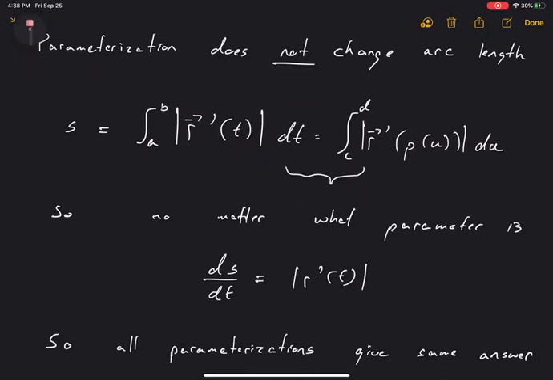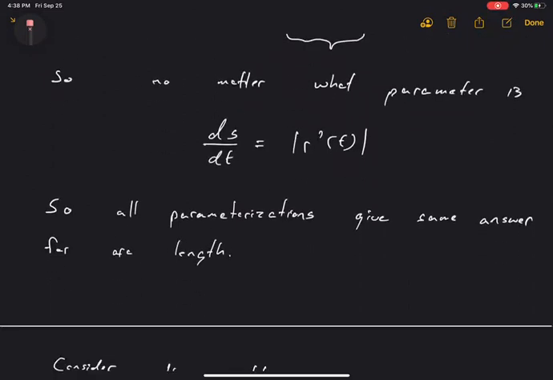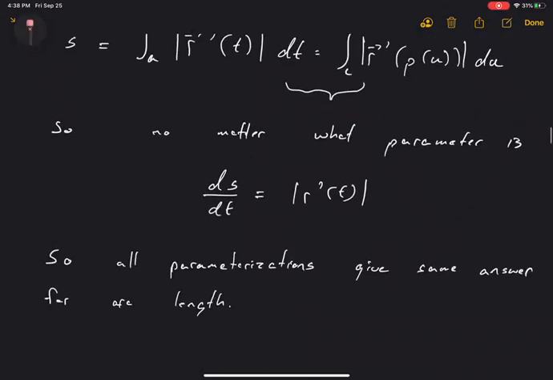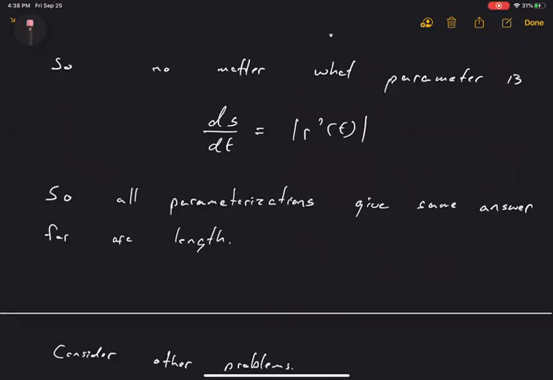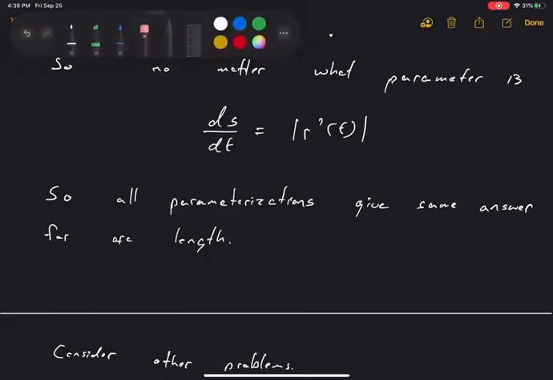So no matter what parameterization, or excuse me, no matter what parameter we're using, whether it's t, u, etc., the change in arc length is going to be given by this. Okay. What does that mean? Well, more concretely,